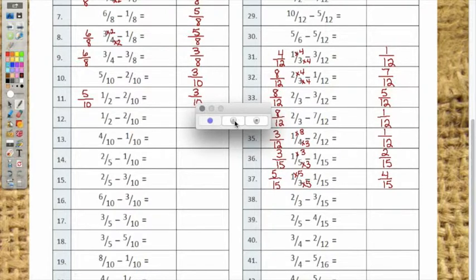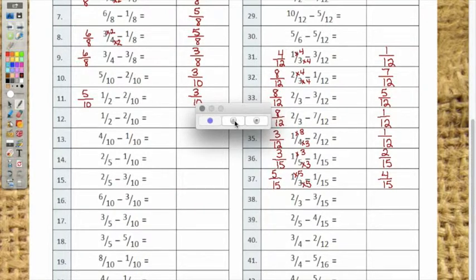Okay, answers for side B. 1 tenth, 1 tenth, 1 fourth, 1 fourth, 3 tenths, 3 tenths, 1 tenth, 3 tenths, 3 tenths, 1 tenth, 3 tenths, 3 tenths, 1 tenth, 7 tenths, 7 tenths, 3 tenths, 3 tenths, 1 tenth, 1 eighth, 1 eighth,